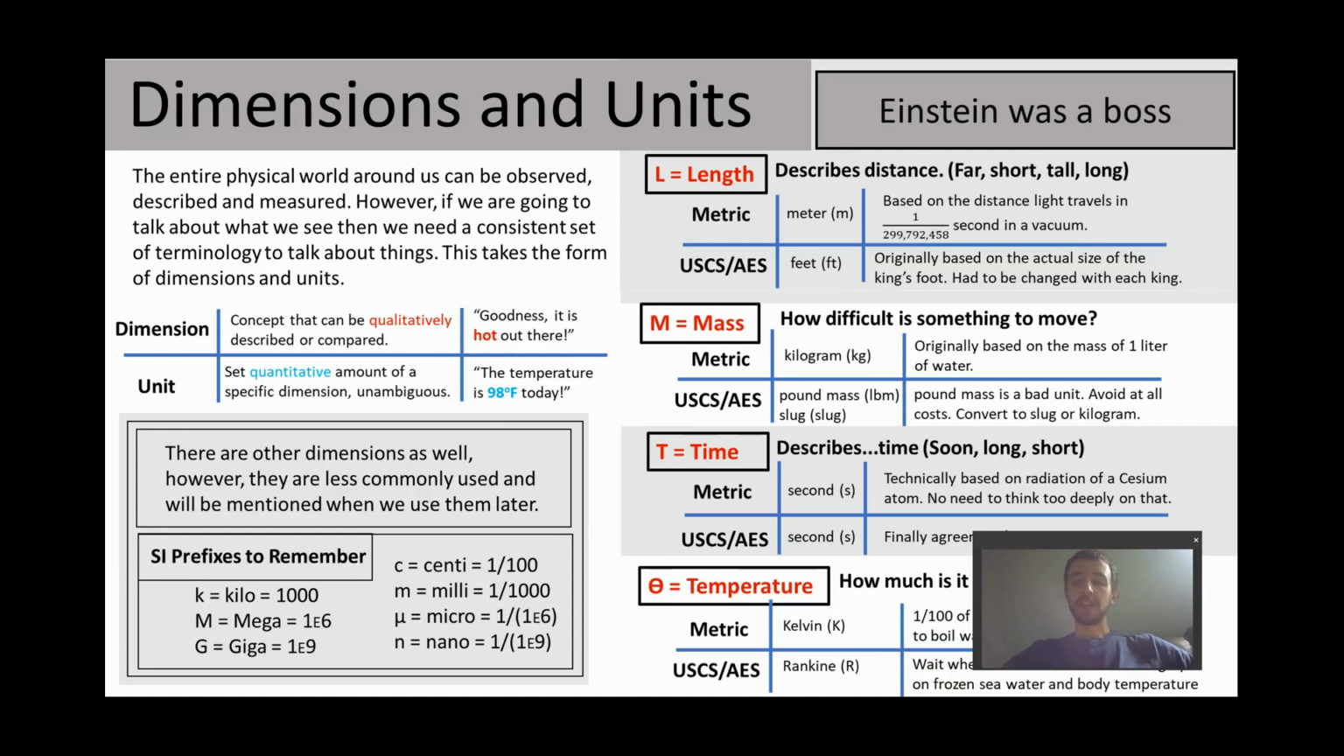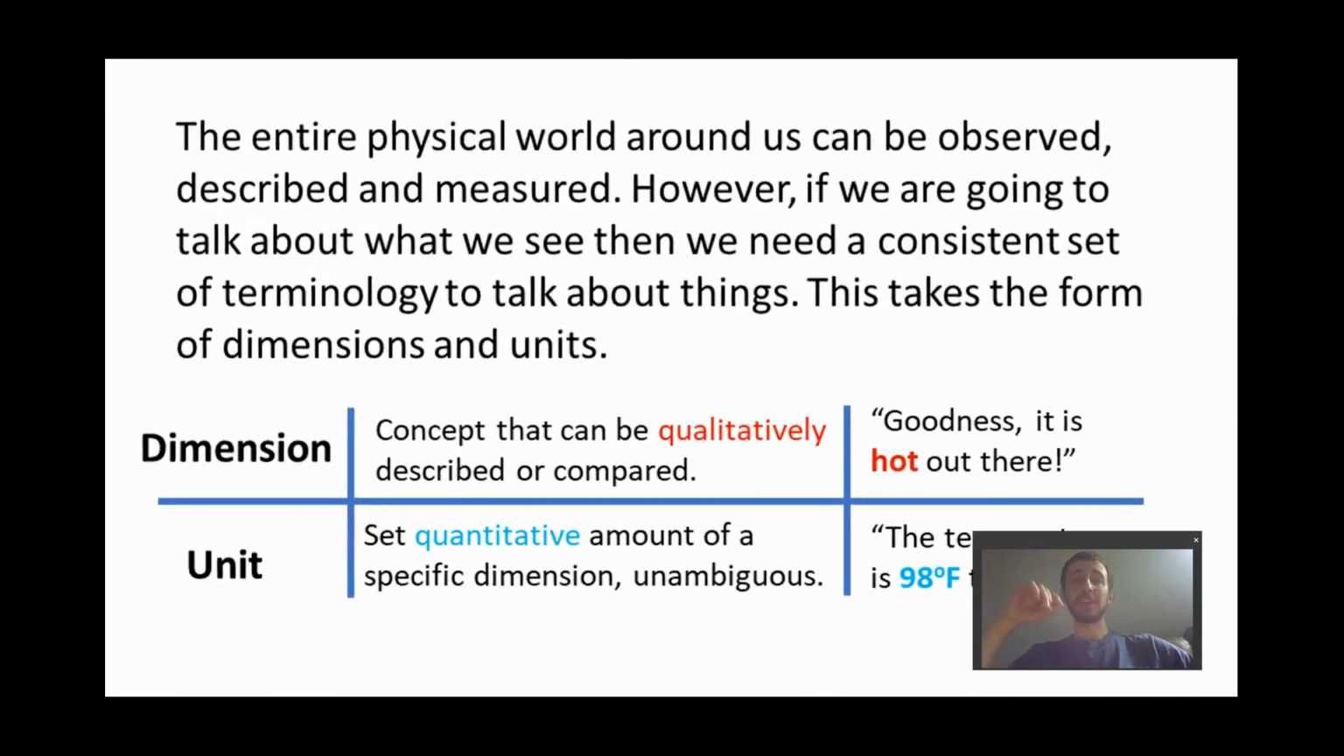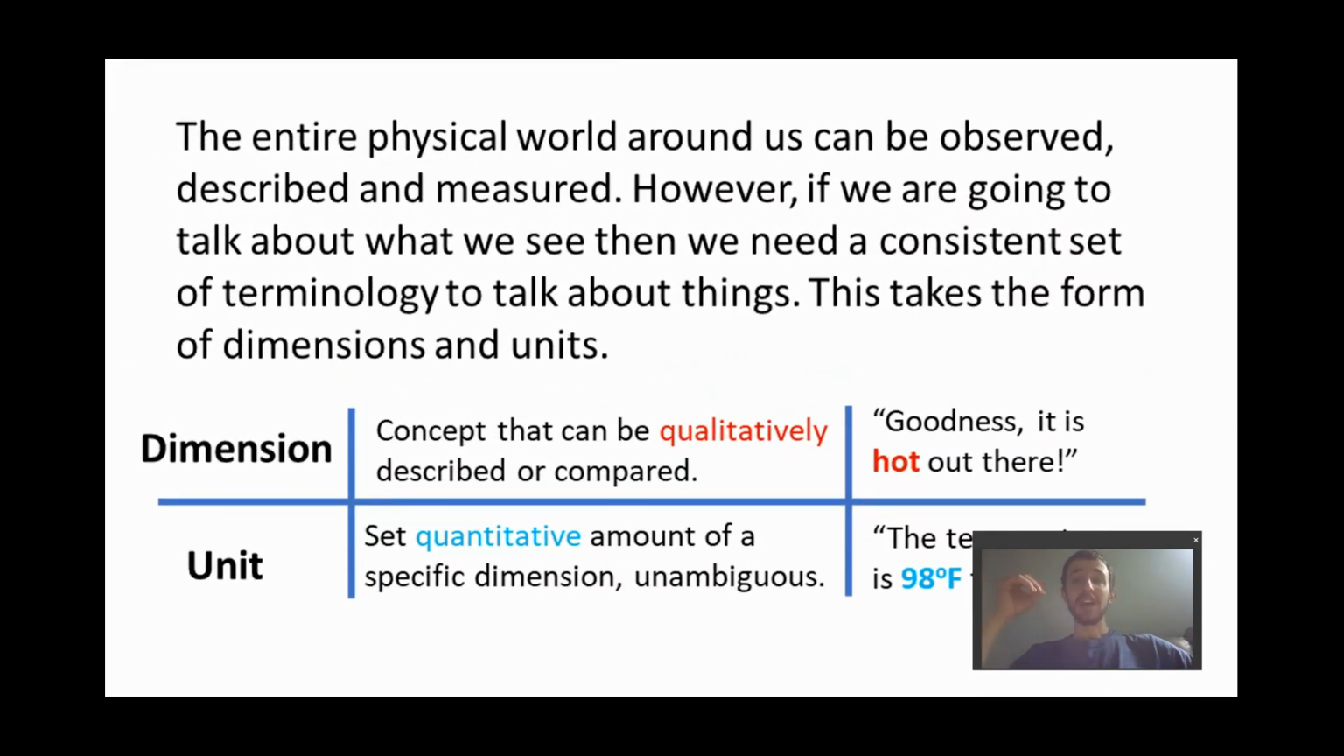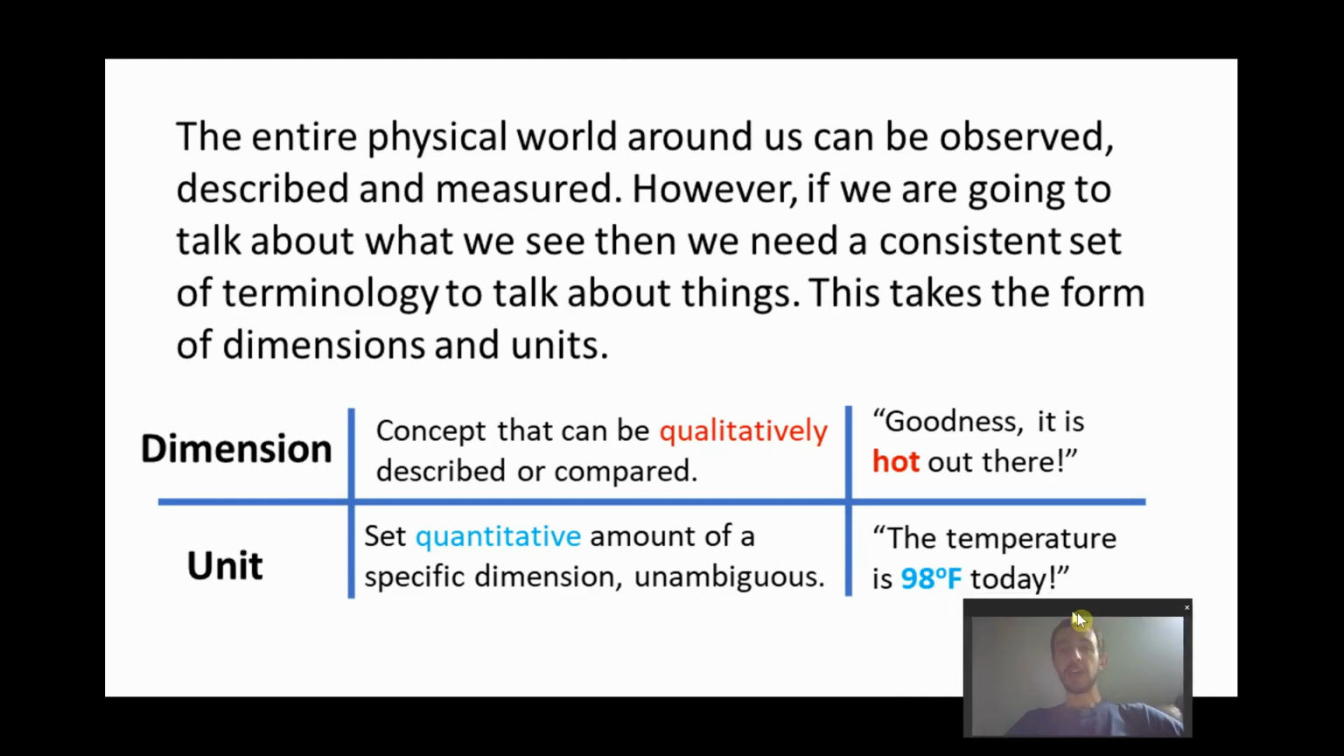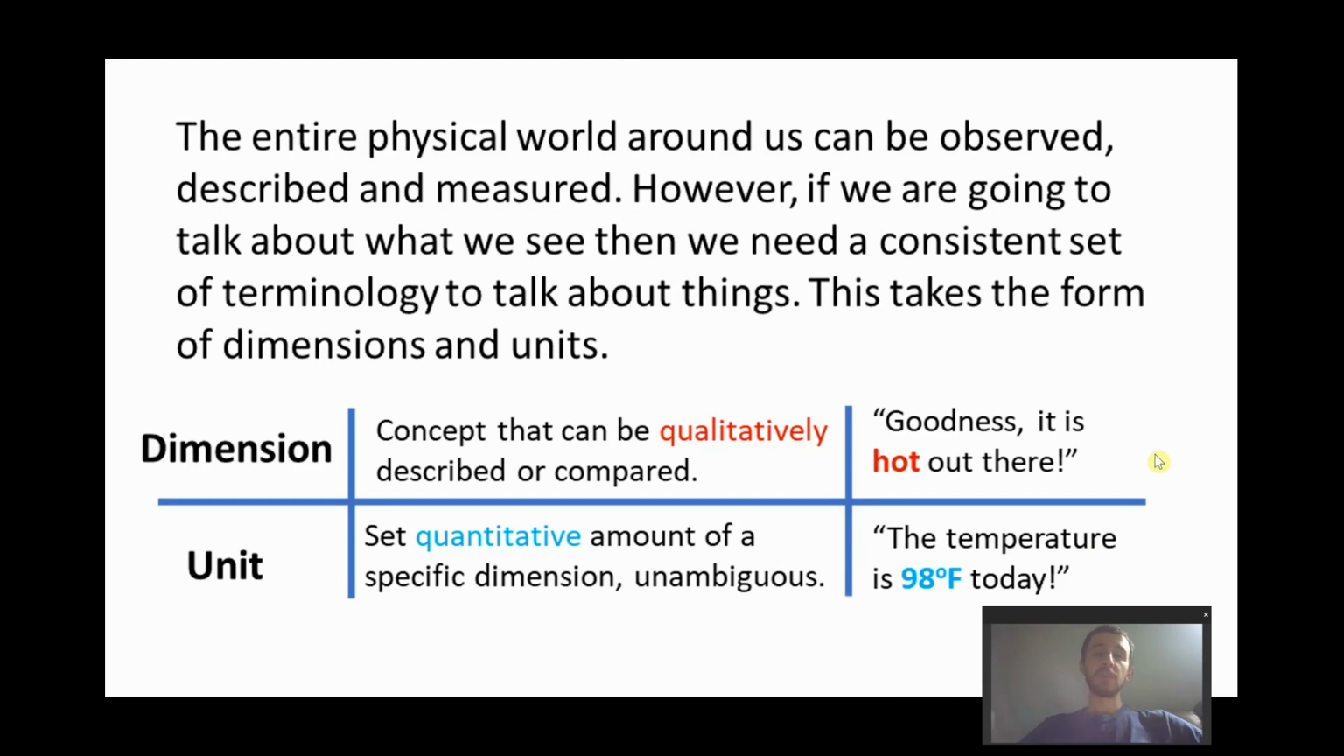So just think about it this way: the entire physical world, we can describe it, we can measure it. However, to talk about that, we need to have some sort of consistent set of terminology. So this takes the form of dimensions and units. There we go. So dimensions are a concept. They're an idea. You can qualitatively describe them or compare them just by themselves, but dimensions are not